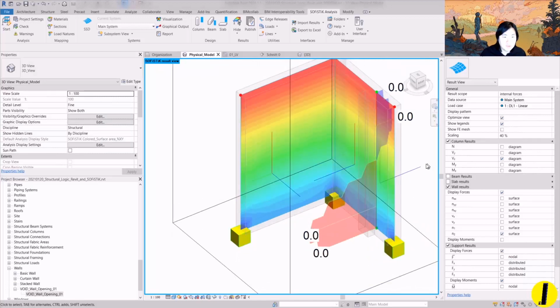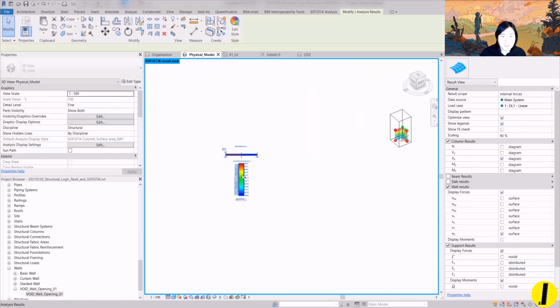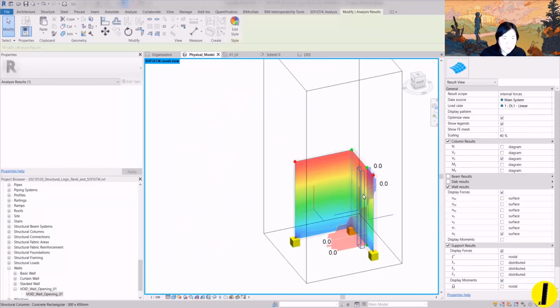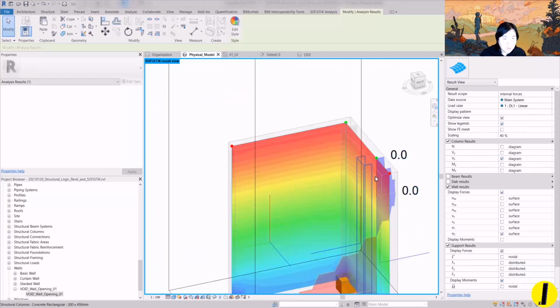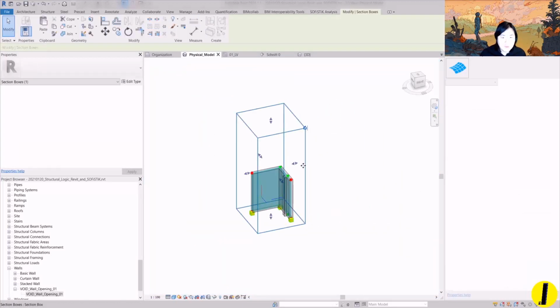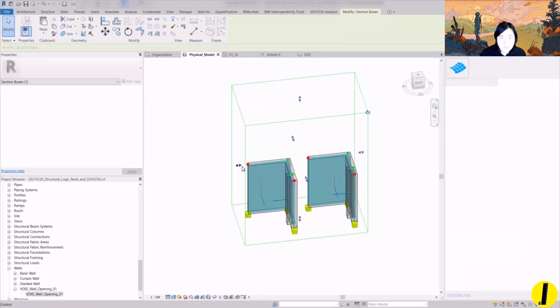And you can see this nice diagram from SOFiSTiK. This legend we can also bring to here. So this is a combination of wall and column, and it works perfectly for me in Revit and SOFiSTiK, which is very nice. I'm going to move on to another, the same